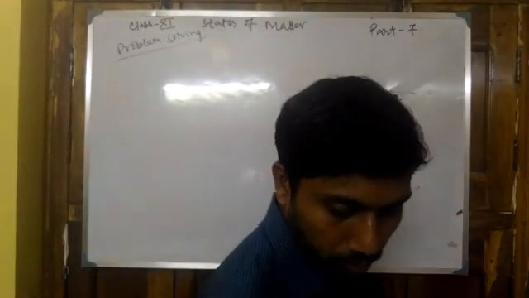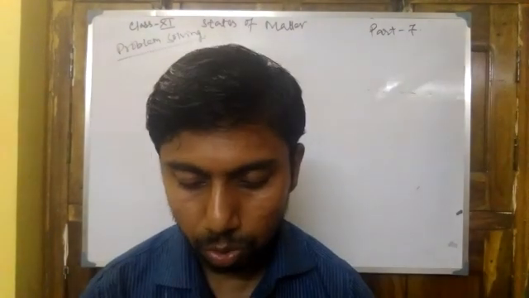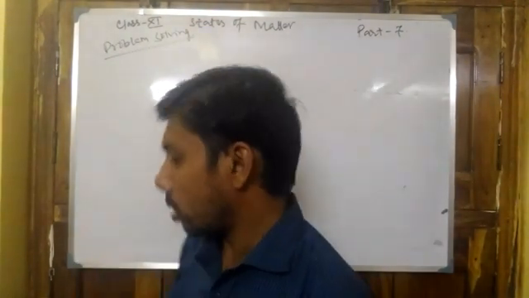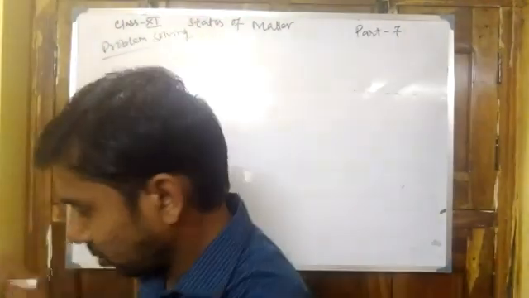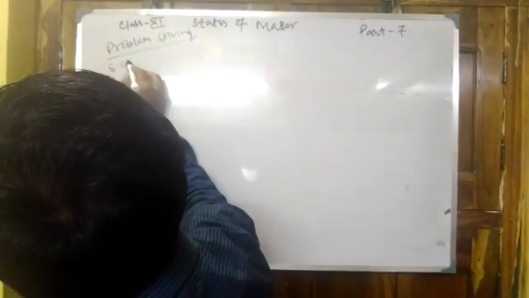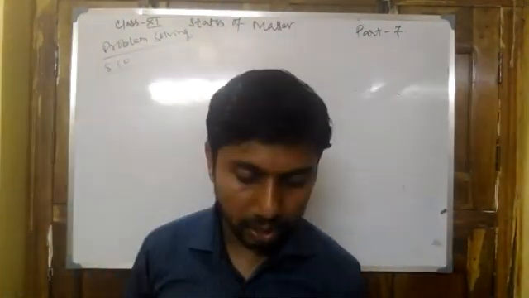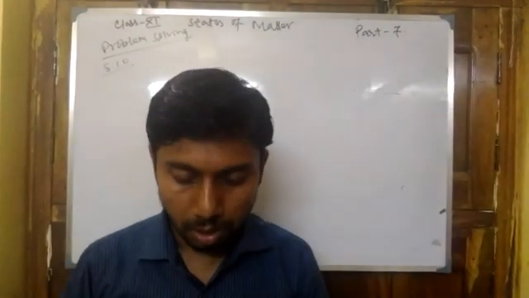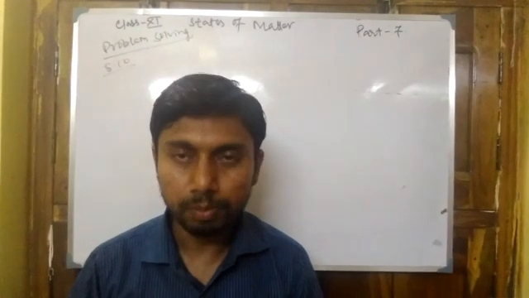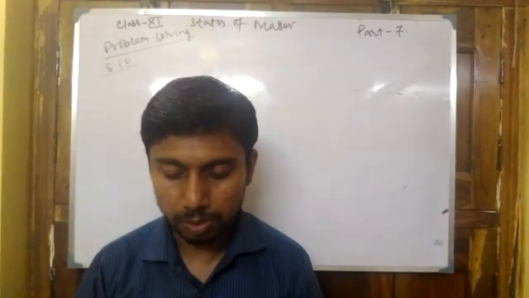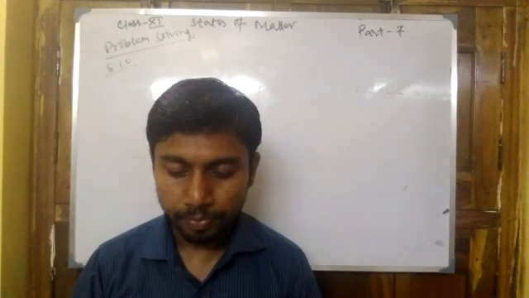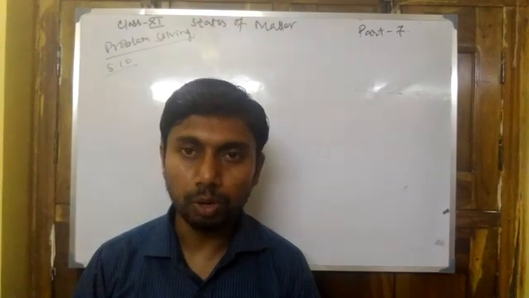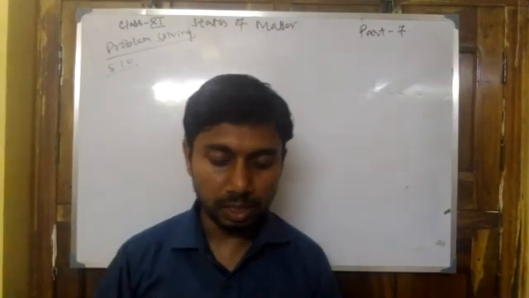So first of all, go to your NCERT textbook and find problem number 5.10. Then you can find the problem: 34.05 ml of phosphorus vapor, that is the volume of phosphorus vapor, is given. Weight of this vapor is 0.0625 gram and the temperature is 546 degree centigrade. So we have to convert the centigrade to Kelvin, and the pressure is given.